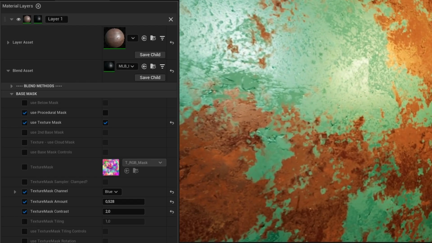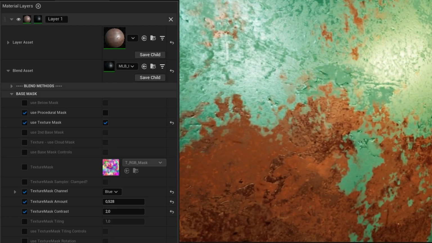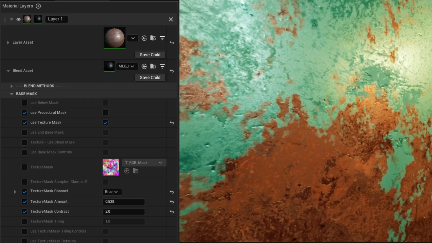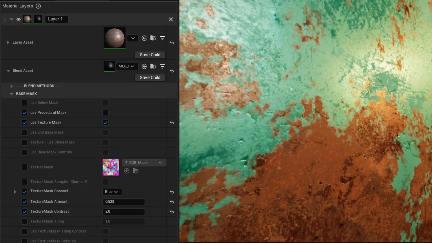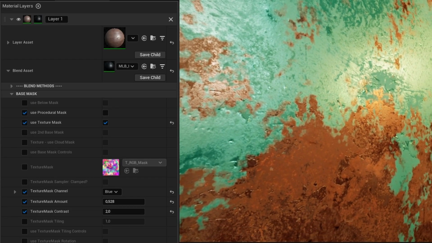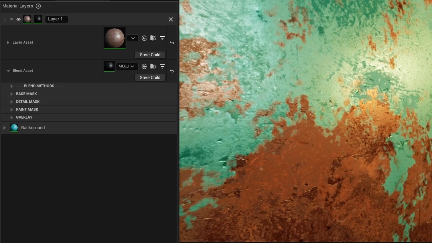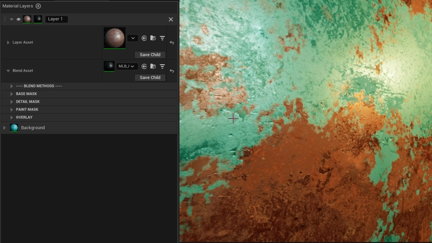Let's take a closer look. Okay, this is a nice view. So we have this rust happening in between these areas, but I want this transition to be more real, more